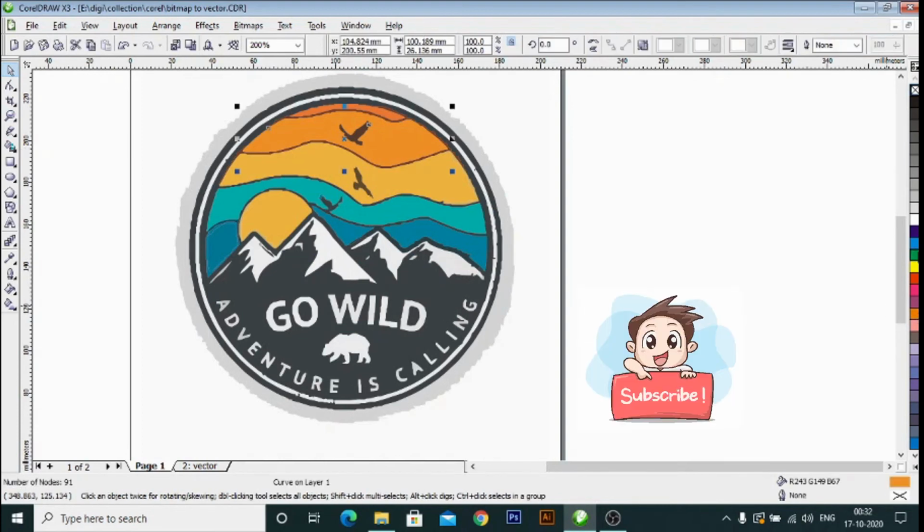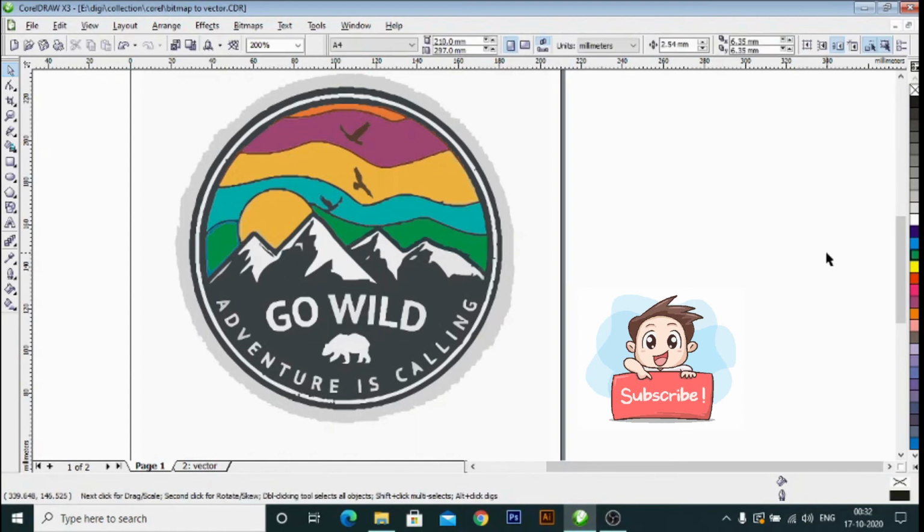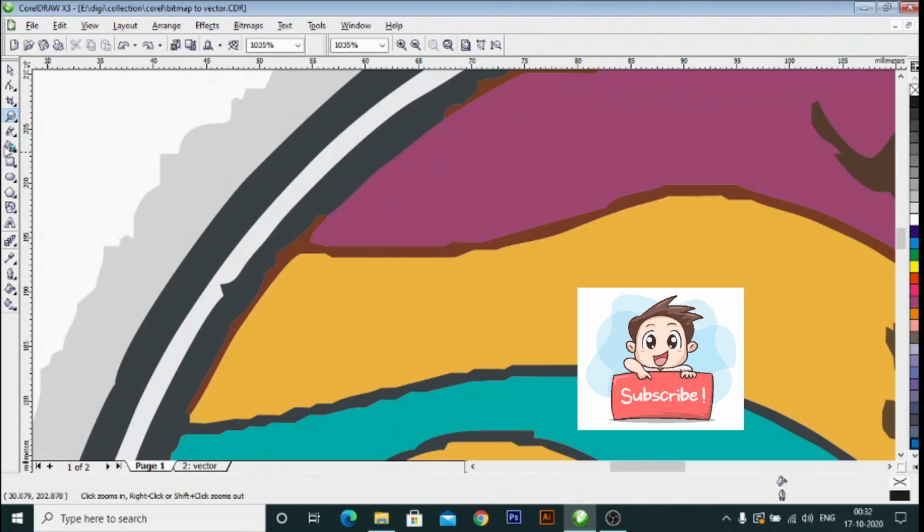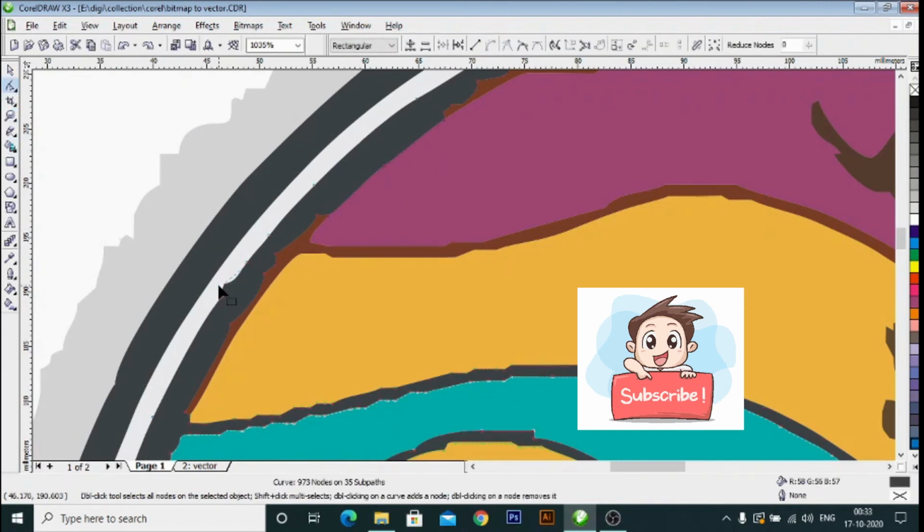Now you can change the color from here too. You can see I'm changing the color. Also you can adjust the curve like this, just adjust the curve like this.